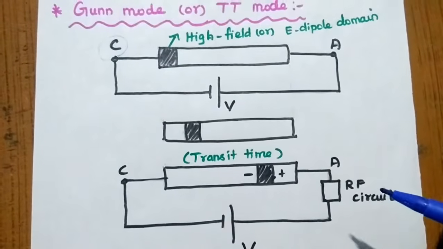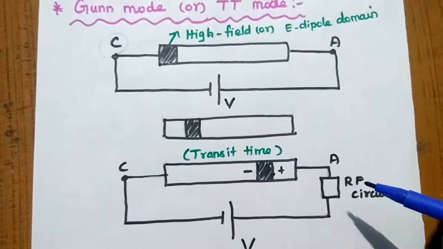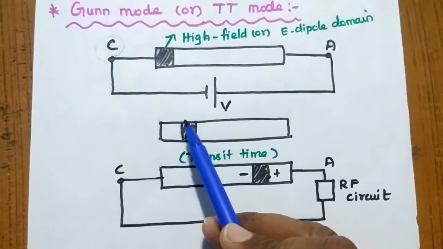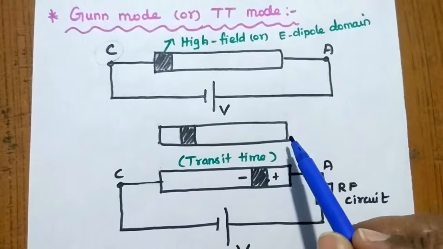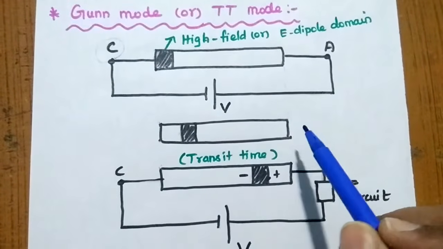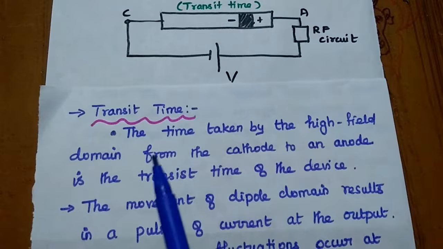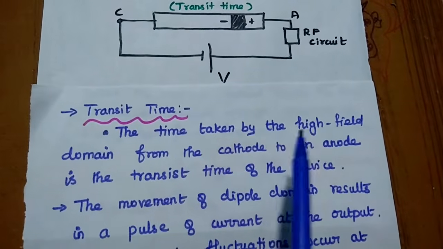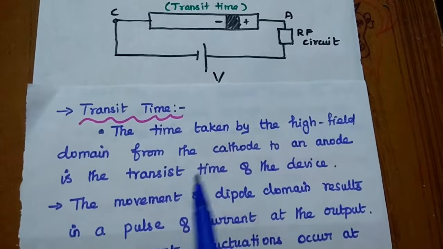behaves. Here, what is meant by transit time? Transit time is nothing but the time taken by this high field domain from the cathode to anode. The transition period is called the transit time. So, the transit time is defined like this: the time taken by the high field domain from the cathode to the anode is the transit time of the